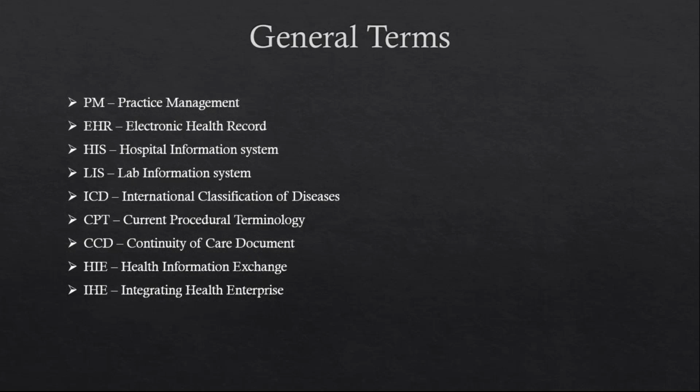And then the hospital information system is the entire electronic ecosystem of the hospital where PM and EHR are, and if there is an internal lab, if all of those are interconnected with each other, that is called a hospital information system. And if the lab is outside the hospital, usually labs and hospitals are integrated or an interface is developed between them. So the lab system separately is called a lab information system.